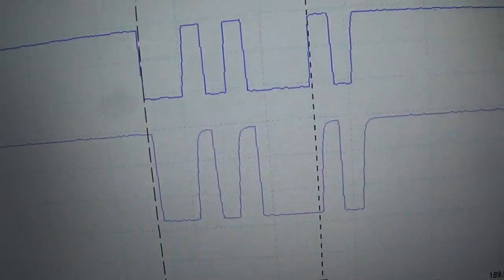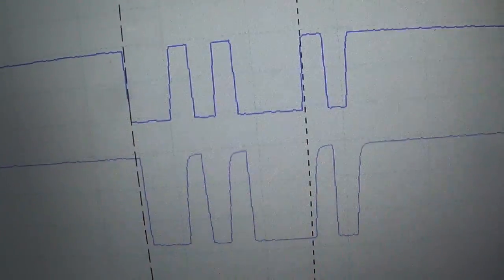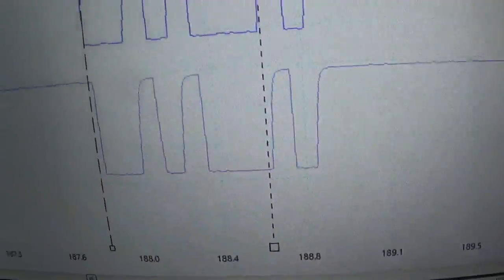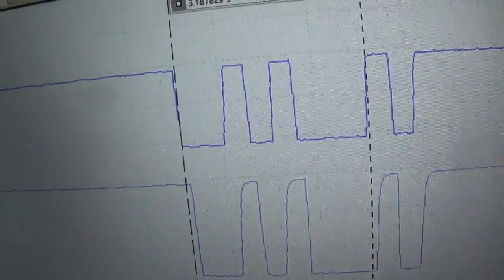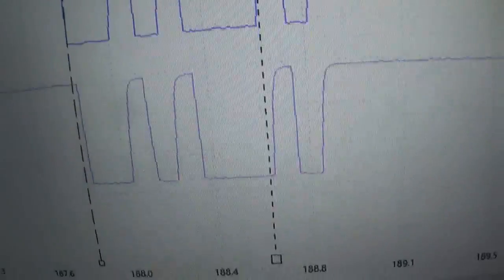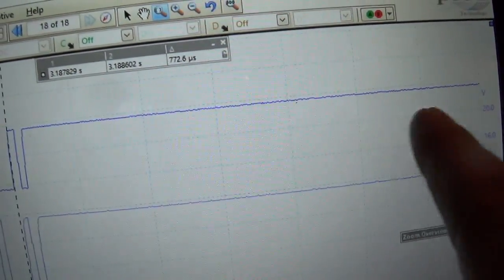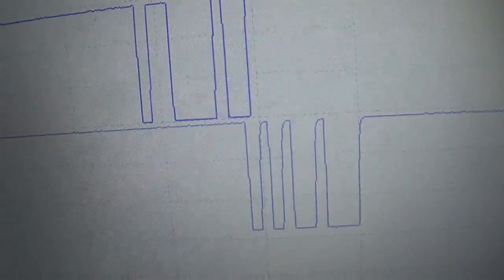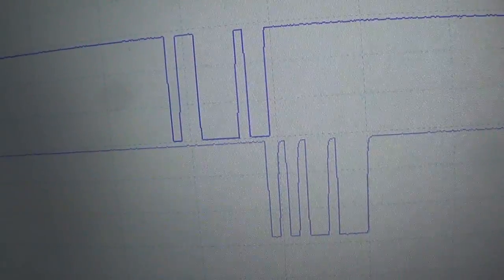Little bonus footage. Looking at these waveforms in detail, this is the first pulse in the sequence of 4, and you can see a few differences. First, in the amplitude, our reference waveform is going from battery voltage to near 0, and our known good waveform is going from battery voltage to around 4 volts. And look at how much cleaner the square waves are. They're not rounded off like we had with the trouble code in there. As we move further down the line, the actual signature changes. So just to satisfy everyone's curiosity,